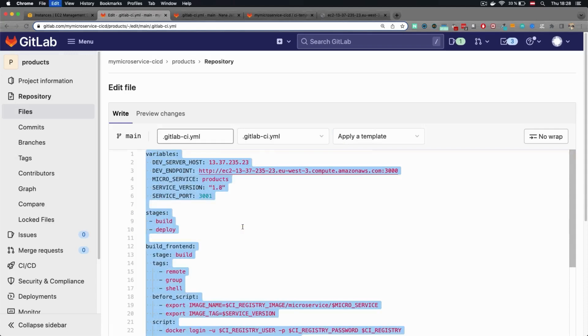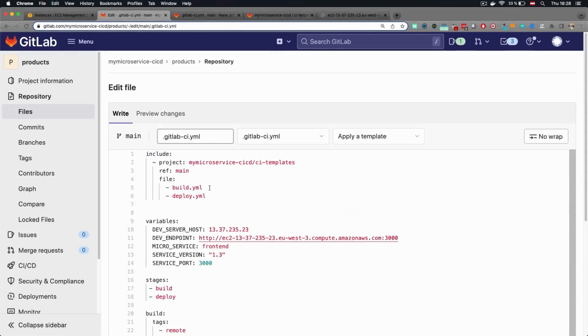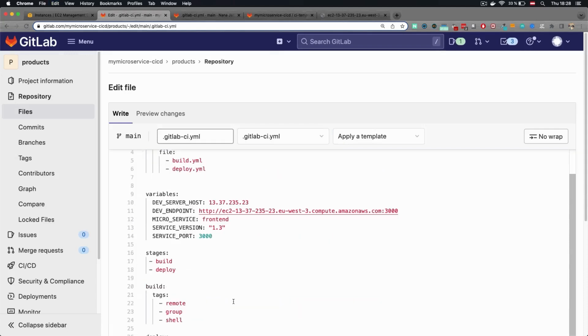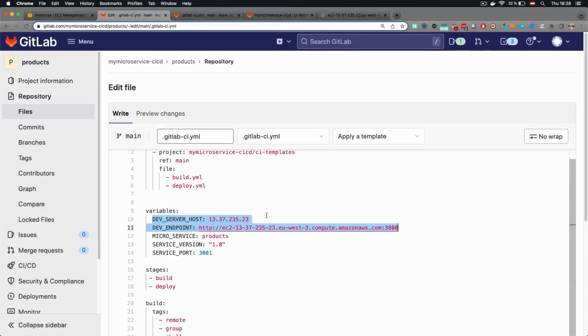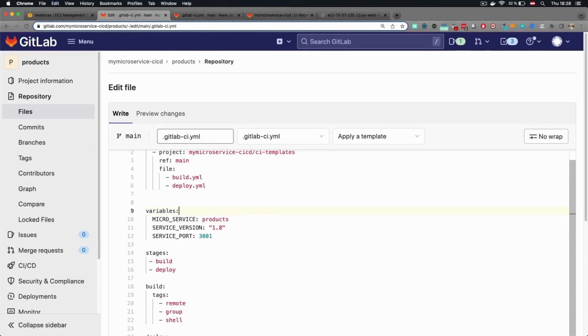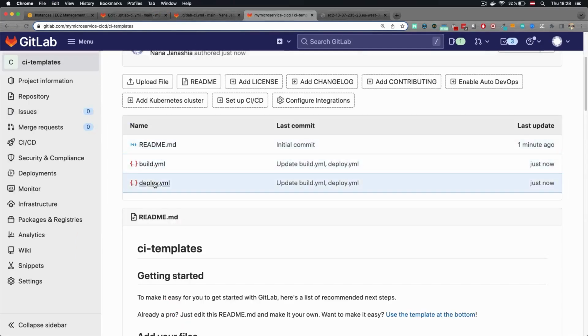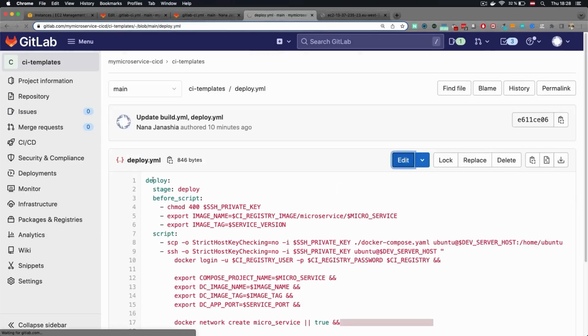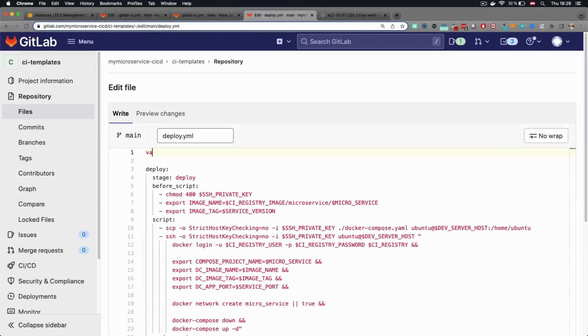So I'm just going to paste it in. This will stay the same, this will stay the same, and those three values will be changed. So it's the products service, 3001. We could actually export those two variables in our CI template because we're not changing them for our services. Let's actually go ahead and do that. We're going to add them in the deploy job